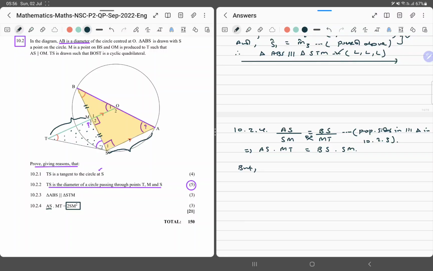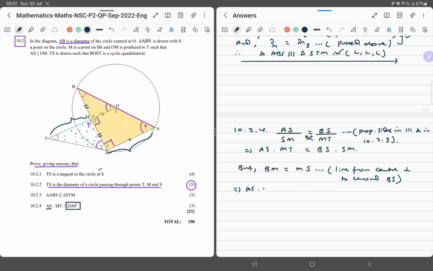But we know that BM is equal to MS. Oh, why is that? We know that a line from center perpendicular to chord BS bisects it. Okay, because we saw that that angle was 90 degrees, and so that is the story. So this implies